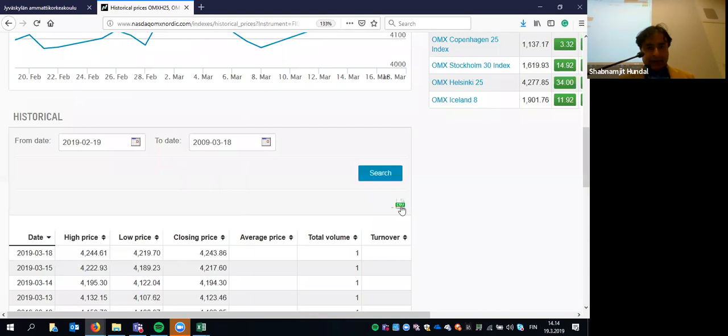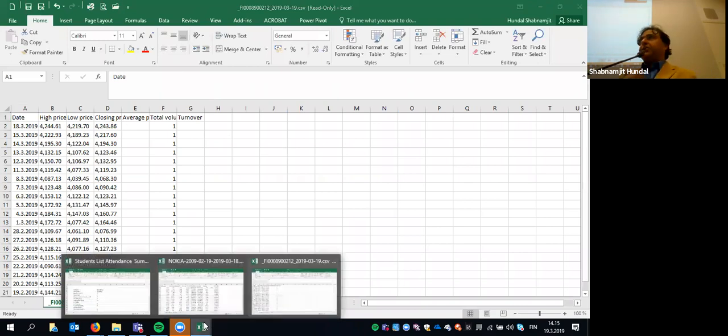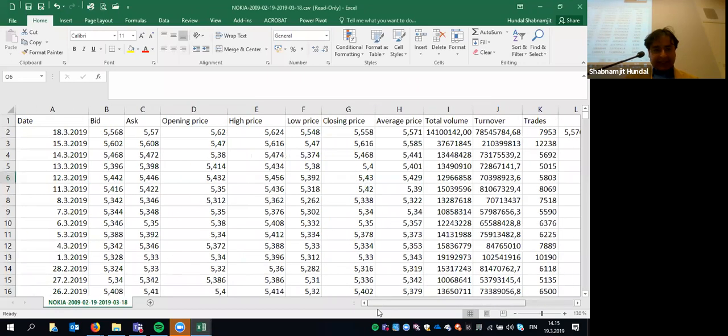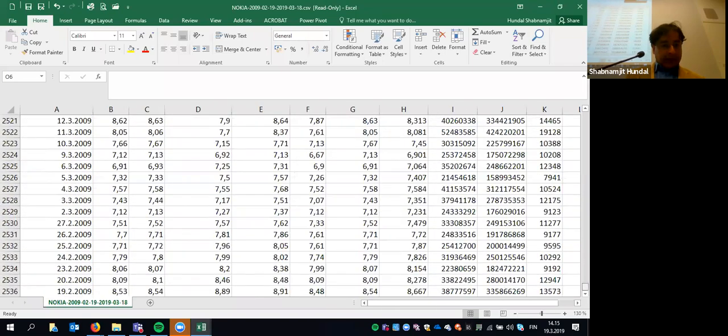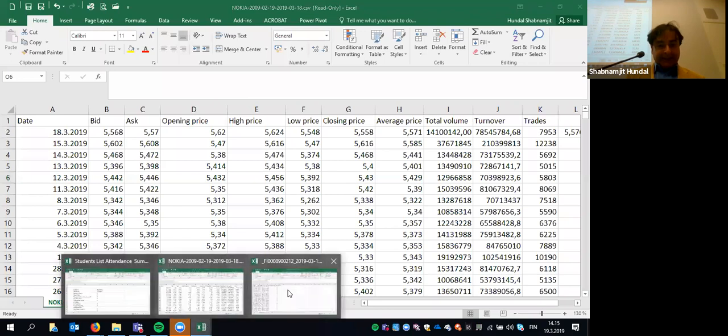And if I straight away take it to the CSV, okay? I just want to check, I don't want to play on two spreadsheets. I want to see which is the first day and the last day. First day is obviously 18th March 2019, that is yesterday. And the last day is 19th Feb 2009. If this is the case,